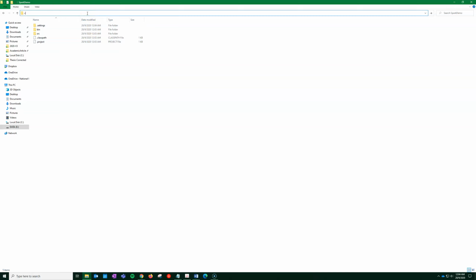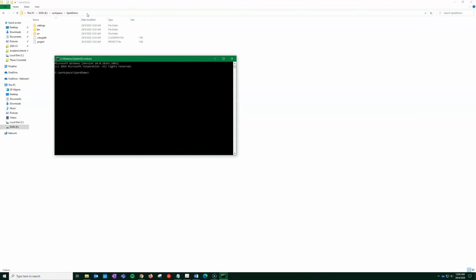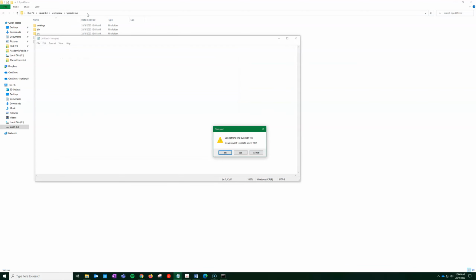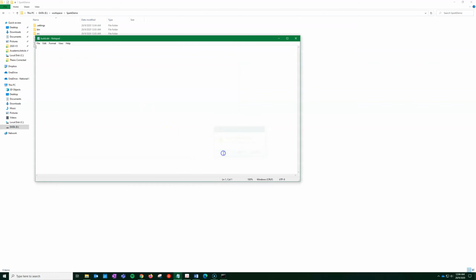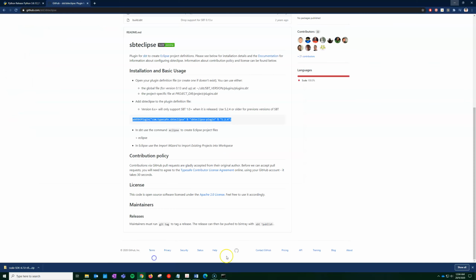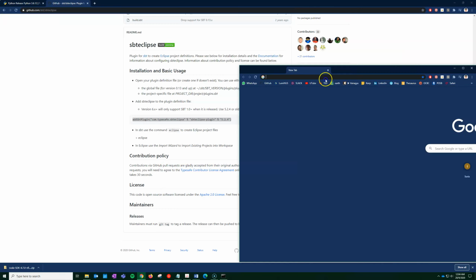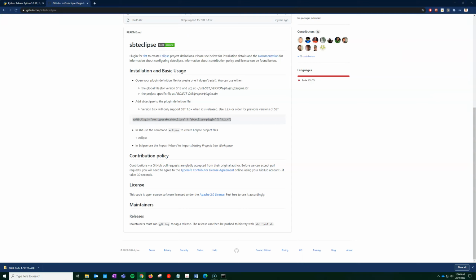So I'm going to open a command prompt in the same drive here. I'm going to use the same notepad with the build.sbt file name, and this will ask me if I want to create a new file. So I'm going to test, right? So what we will do is you will get this from the GitHub folder, but for now what I'm going to do is I'm going to